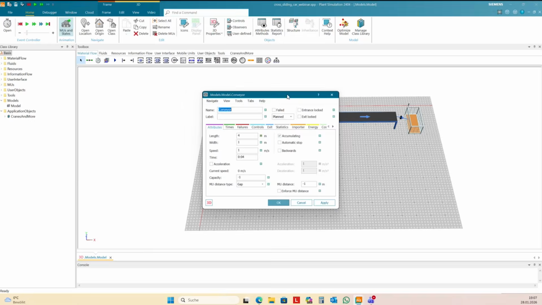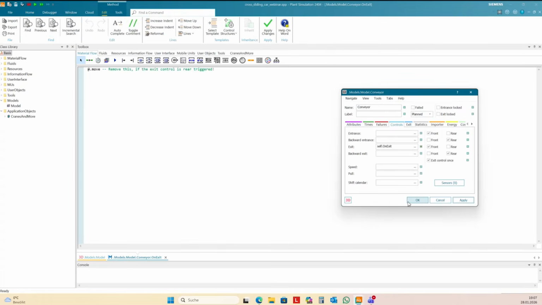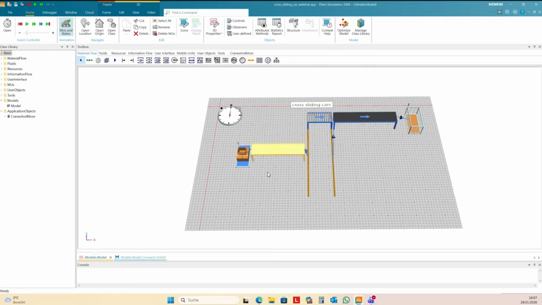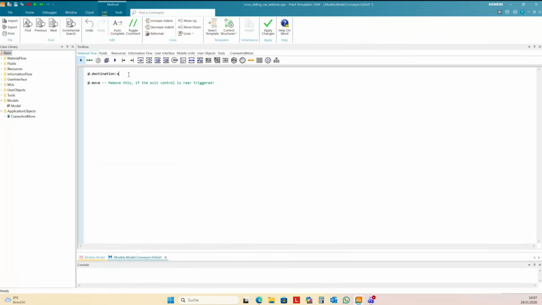In this conveyor. Very easy. We need only to specify the destination of the transport. And this is conveyor 1 in my case. And that's it.